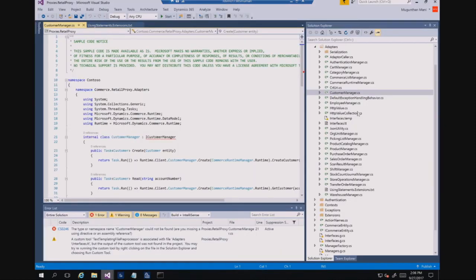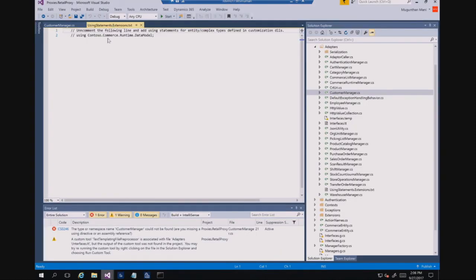So this is the C# proxy here. There is a text statement. You just specify your data model here, and then if you build it, it will generate the proxy. Then you can just implement the interface. This is how you will do it. It's straightforward. You will do it for the C# scenario for the offline. The C# project is for the offline, and for the online, as I said, you'll use the exe.